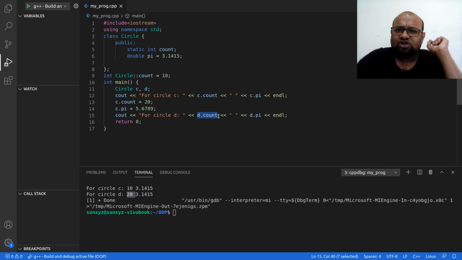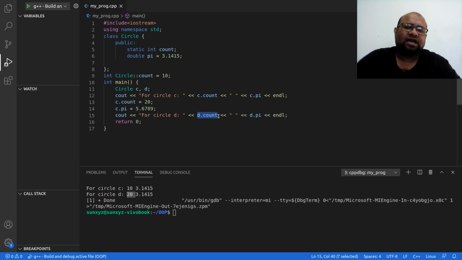All objects of the class share a single copy of the static data attribute. Static data attributes can be accessed and initialized without creating an object of the class.